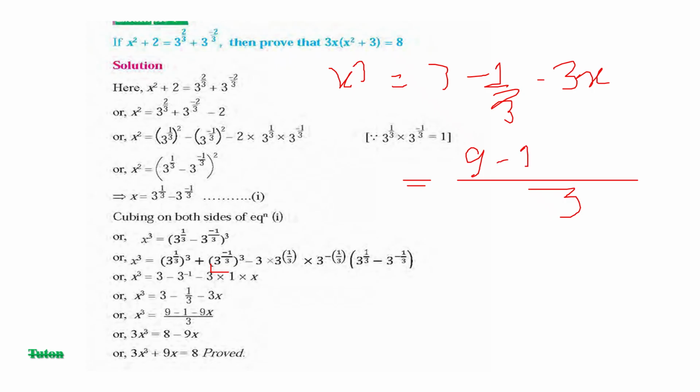Negative of 3 divided by 1 is 3, and 3 multiplied by 3x would be 9x. Now let us apply cross multiplication. We will get 3x cube is equal to 9 minus 1 minus 9x,